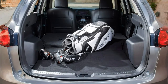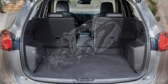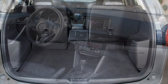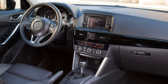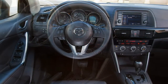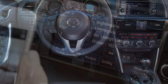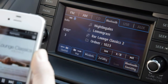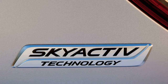Mazda provides the trim with driver's seat lumbar adjustment, two-way steering column adjustment, 40/20/40 split and fold rear seat, and one-touch folding for the rear seats. Daytime running lights are standard with leaving home and coming home function, along with automatic headlights, rain-sensing wipers, rear privacy glass, front fog lights, electrically adjusted door mirrors with power folding, front and rear parking sensors